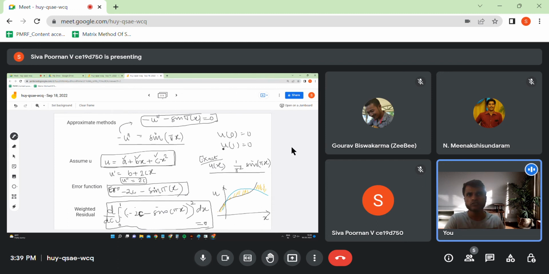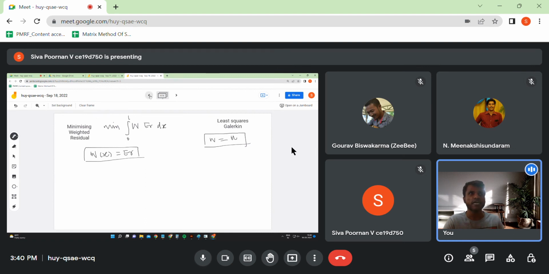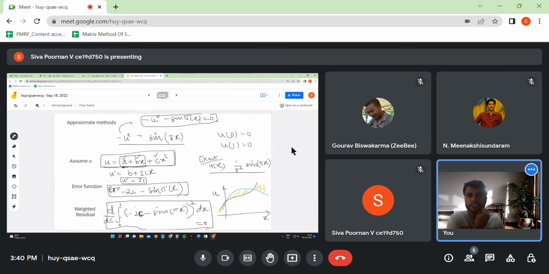Okay. So usually what is preferred is to take a linear equation. Take a plus bx. This is what is preferred. But the problem here is that we would have a higher error. We would have a lesser approximation. We might not be able to get a very efficient match for it. Anyway, this will reduce the computational cost, so we might want to go with this. But then the problem is, sometimes it is not possible to just assume u is equal to a plus bx. The reason is that